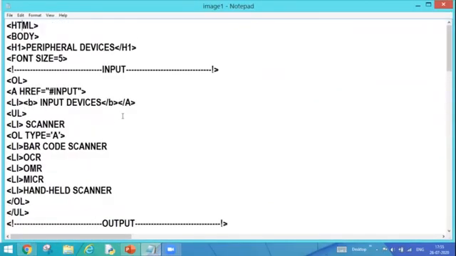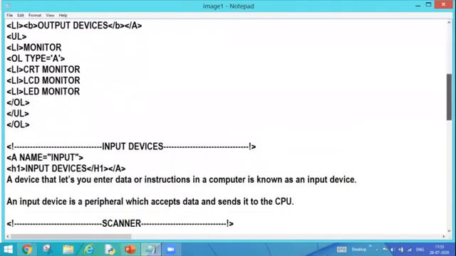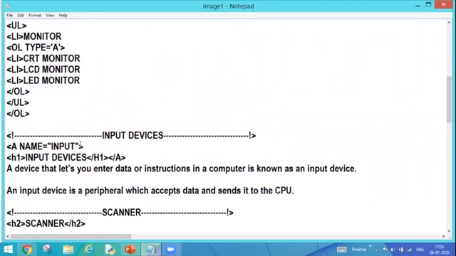What have we done? First, we created a hyperlink by giving this hashtag to input. Here we can write any name. This is completely a user's choice. But this name shall repeat over there also where you want to jump. So here I wanted to jump to input devices.